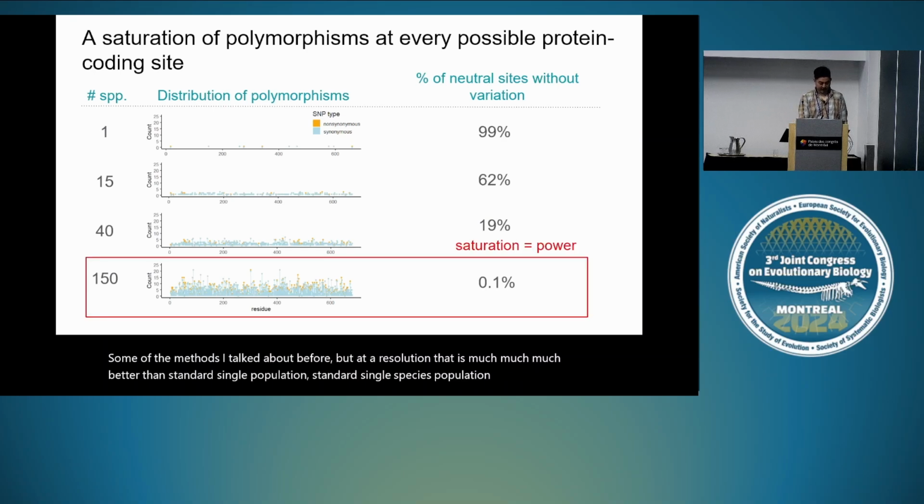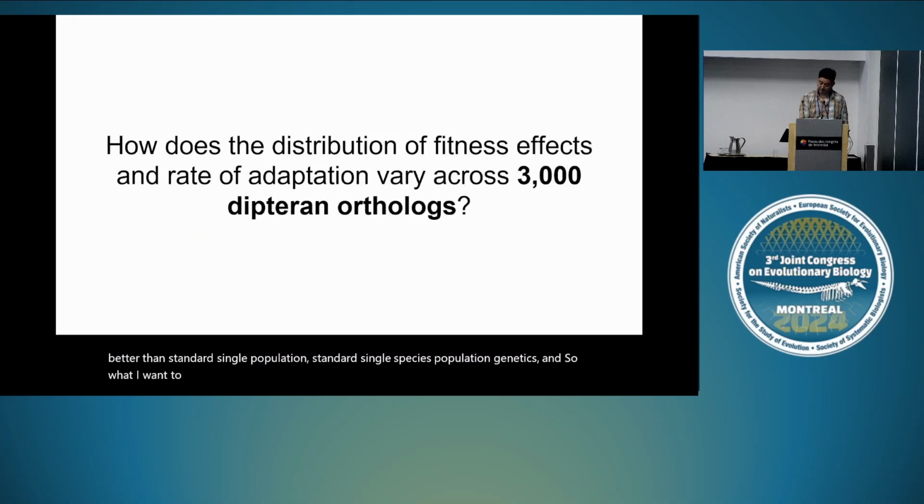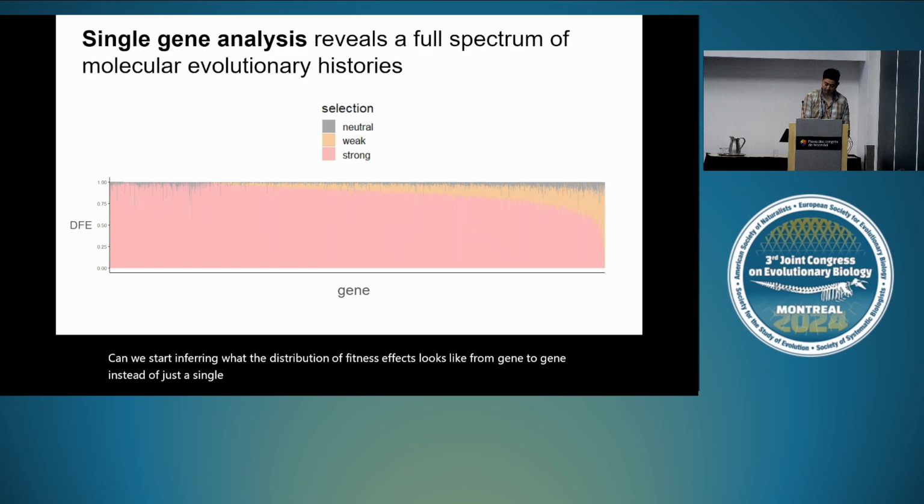And so what I want to really start by saying is, okay, now we have this amazing data set, can we start inferring what the distribution of fitness effects looks like from gene to gene instead of just a single genome? And, I think this is kind of an obvious result, but yeah, selection is extremely variable across all the different